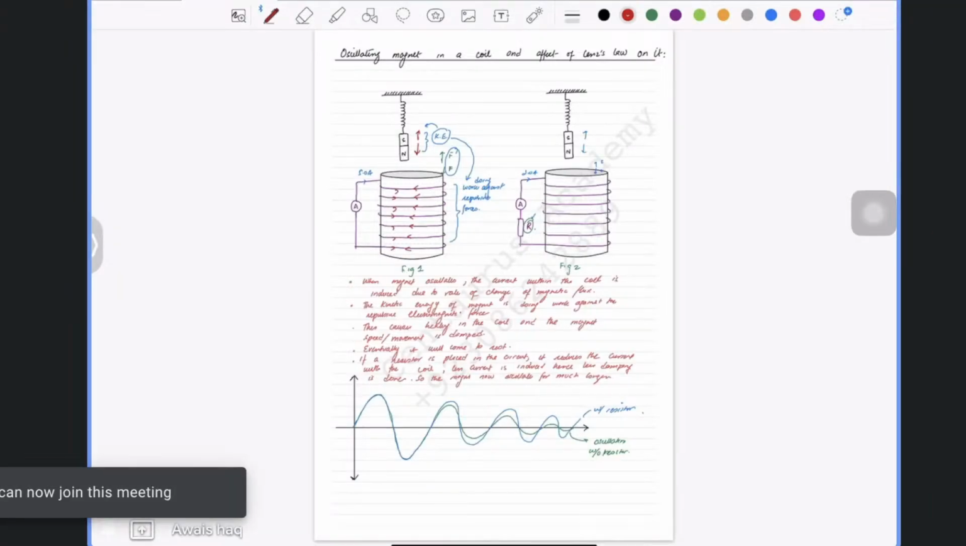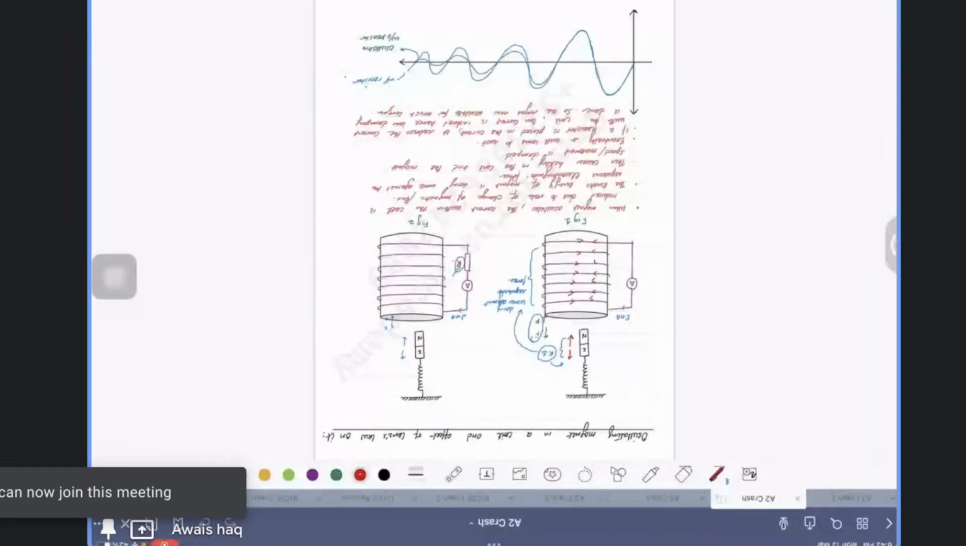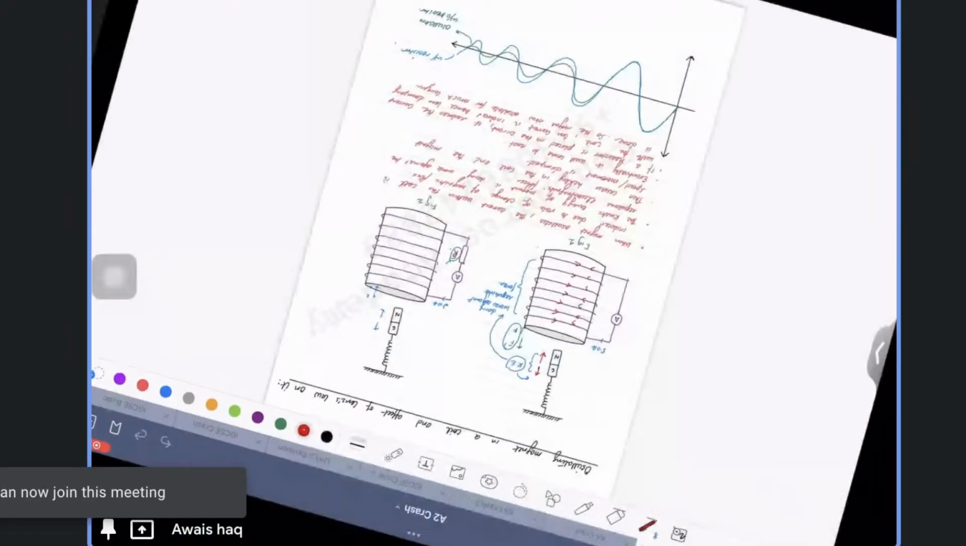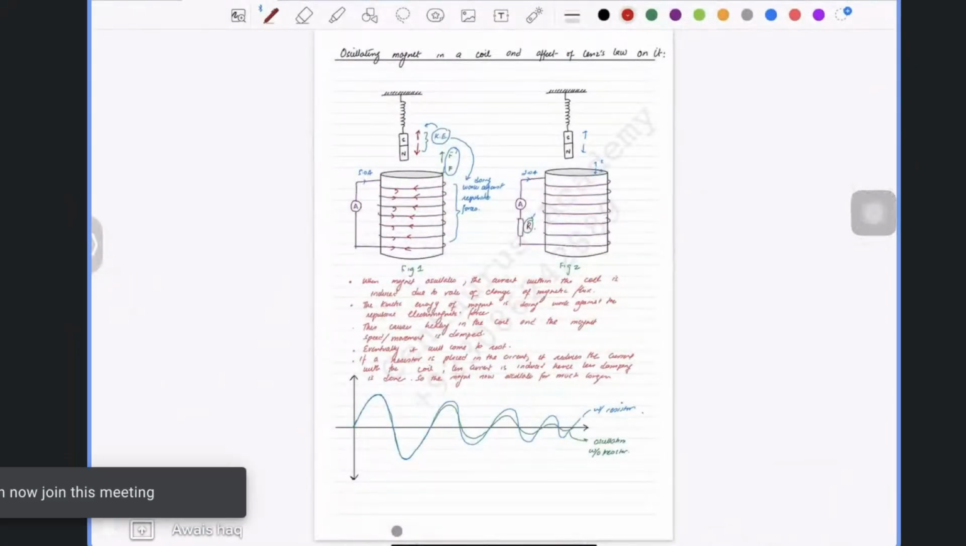How to reduce unwanted eddy currents, right? And today, now move to